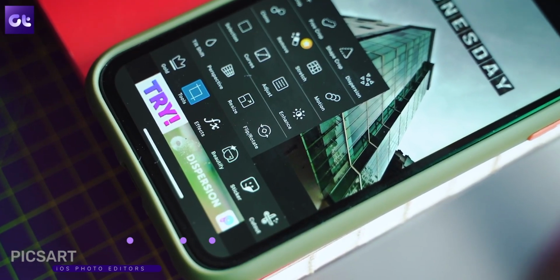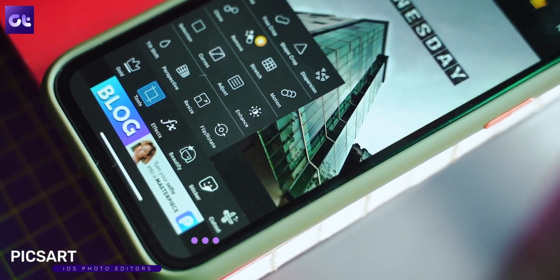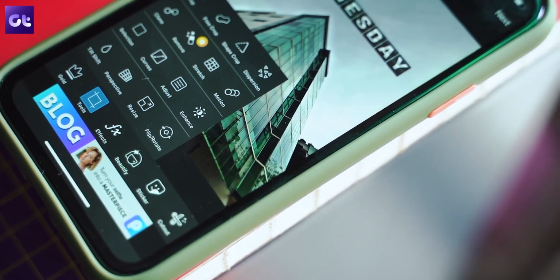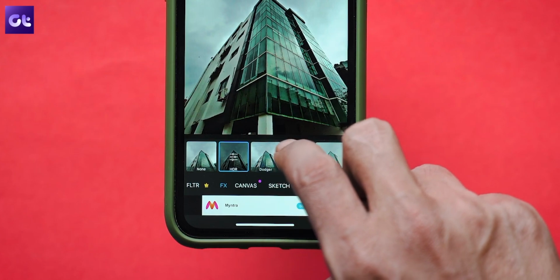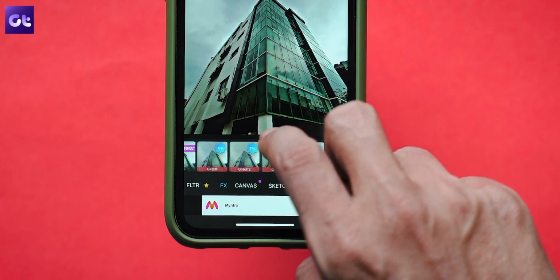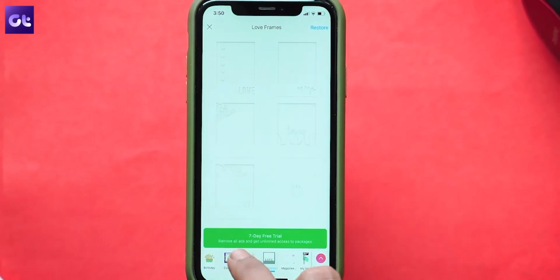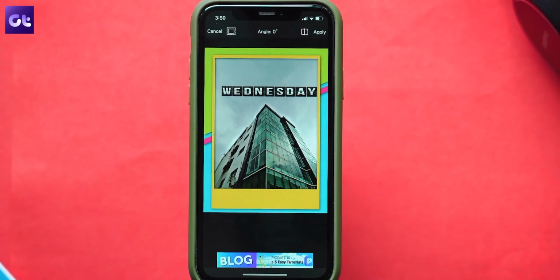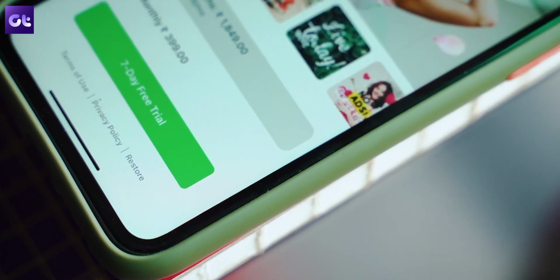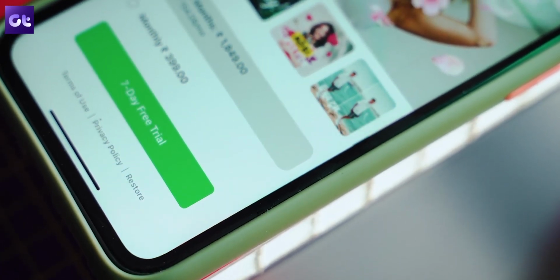PicsArt boasts of a ton of features such as photo effects, drawing tools, image editor, collage maker, sticker maker, camera, photo filters and whatnot. You can use it to add frames and stickers and even make dual exposure images super easily. There's a gold membership available, but even the free feature set should be more than enough for most users, no doubt. And well, that was it.